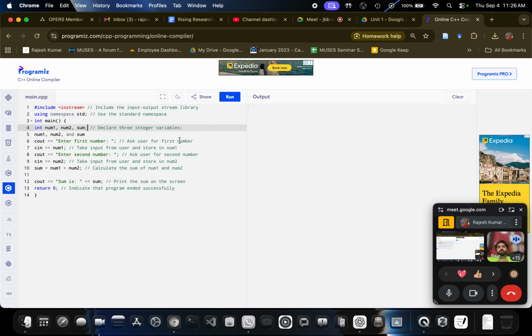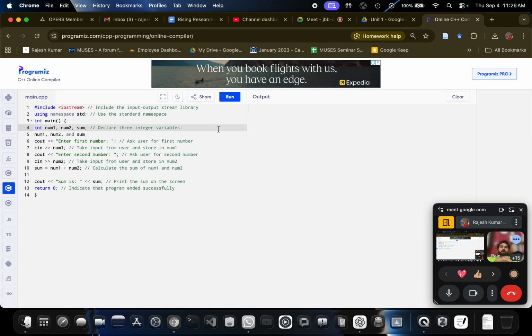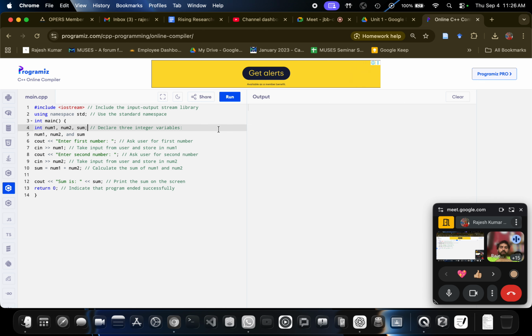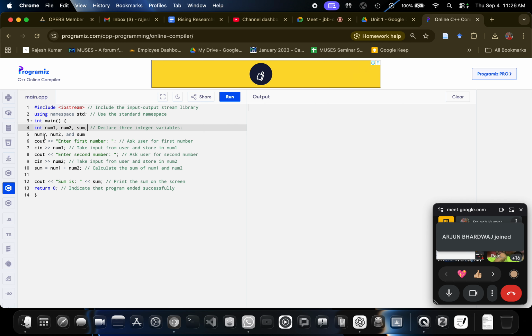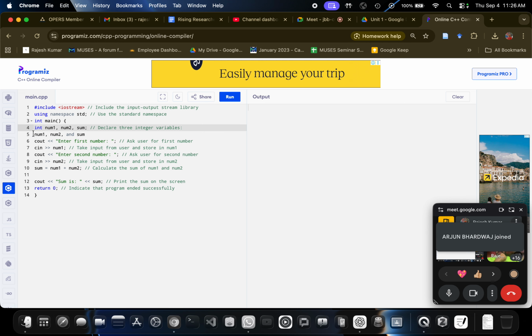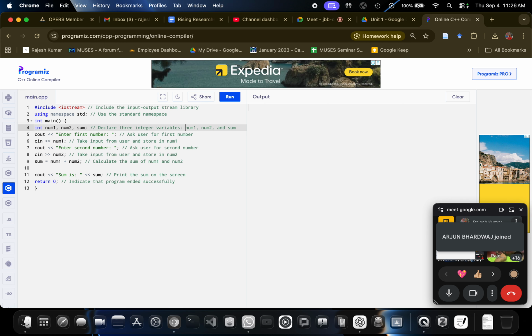In C++, we end the line using a semicolon. A semicolon tells the compiler that the line has ended, so shift to the next line. Then we have a comment, which should be on a previous line.